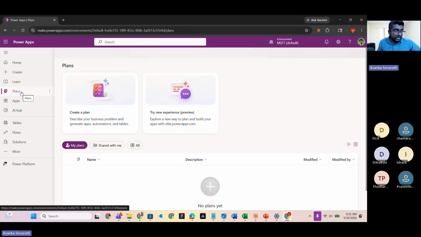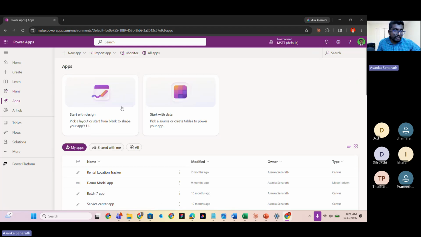And we have a new thing. This is called a plan actually. So the plan is a very interesting one. What the plan does is, first you explain your requirement as a plan, right? Then you can vibe code. What is meant by vibe code? Vibe code means you are explaining your requirement to the Power App and it will develop the application for you. There are a few minor changes that you need to make, but around 50% of your work can be done through plans. So we'll be learning about using plans as well, right? And applications,